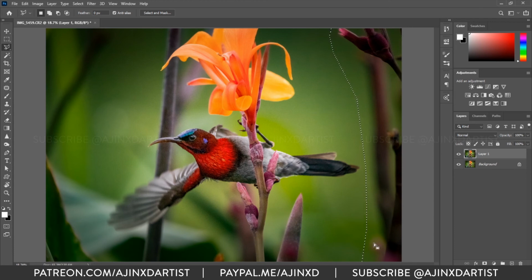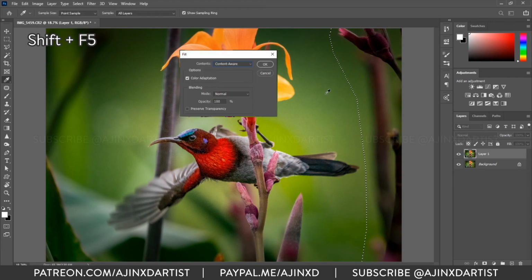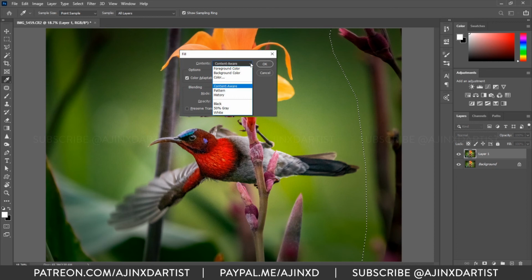Okay, there's a selection here. Now if I press Shift F5, this is the content aware fill. If it's not on content aware, then it will add some foreground, background or any other color, pattern, history, anything that you want. But content aware adds parts from the image which will help to copy the pixels and won't look artificial.